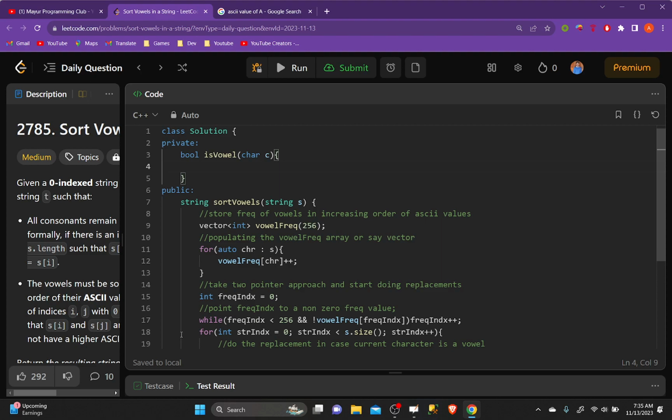So return character is equal to A, character is equal to E, character is equal to I, character may be equal to O, character may be equal to U, and uppercase letters also,